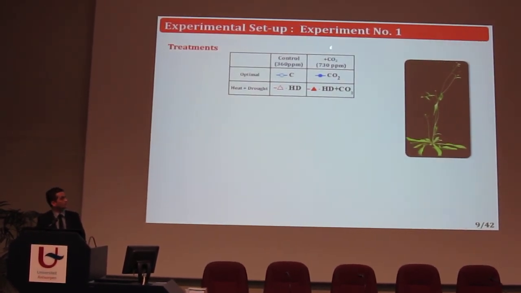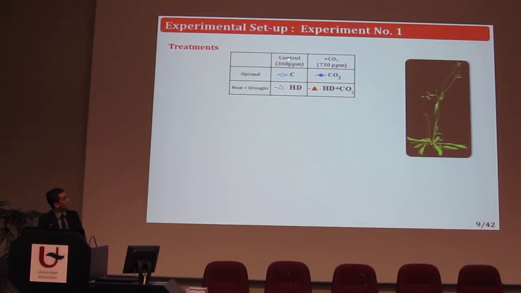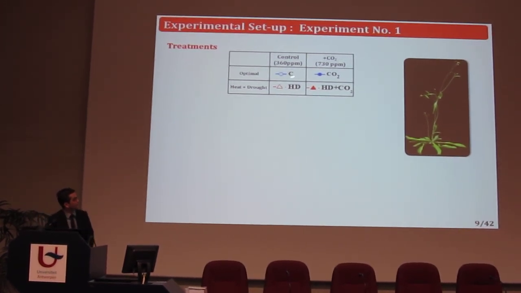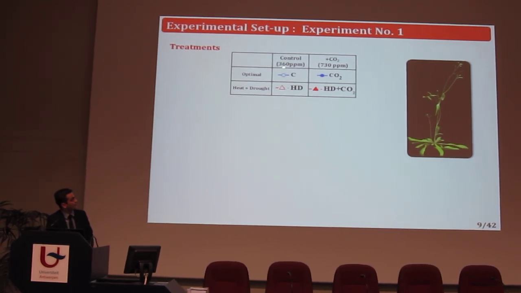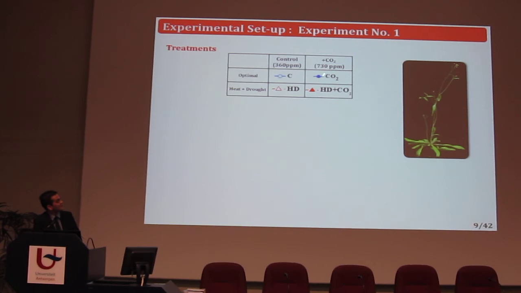I performed 2 experiments with Arabidopsis thaliana. In the first experiment, we grew plants under controlled conditions in the presence of optimal supply of CO2 and elevated CO2, where we have the CO2